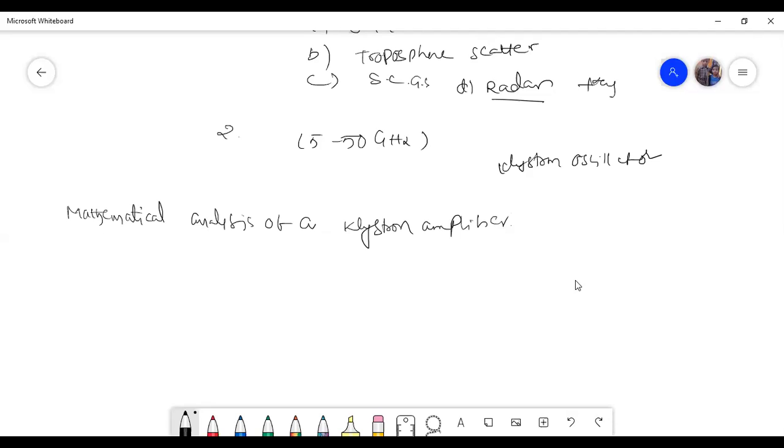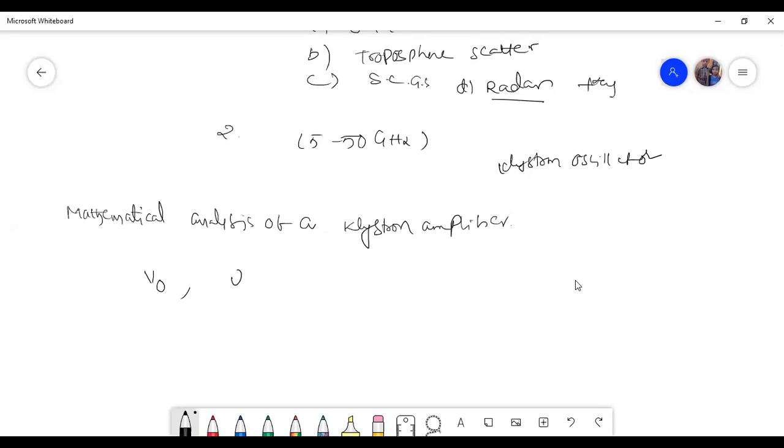Is it true or not? When you look at the two cavity Klystron amplifier, the battery is connected: the negative terminal of the battery is connected to the electron gun, and the positive terminal is connected to the collector. So there is a DC voltage between the cathode and anode. I want to assume that the DC voltage between the cathode and anode is V0,